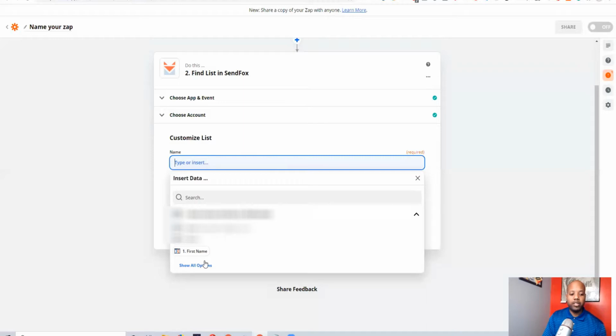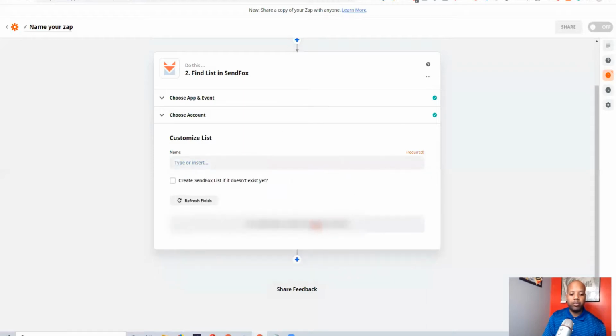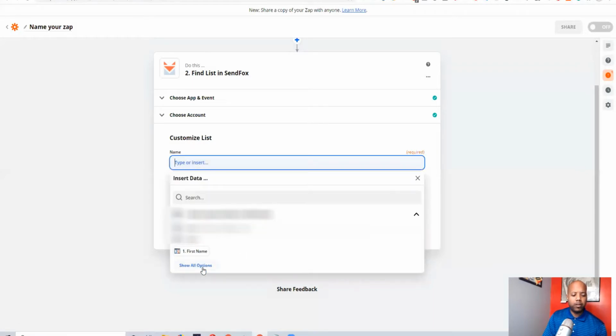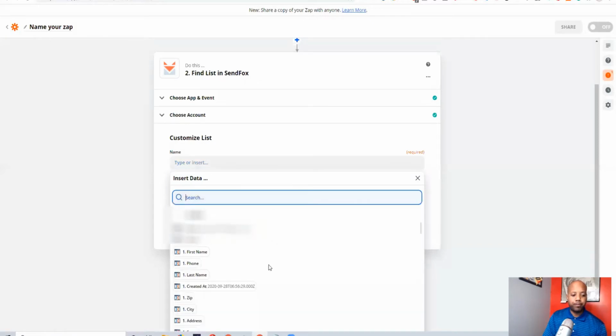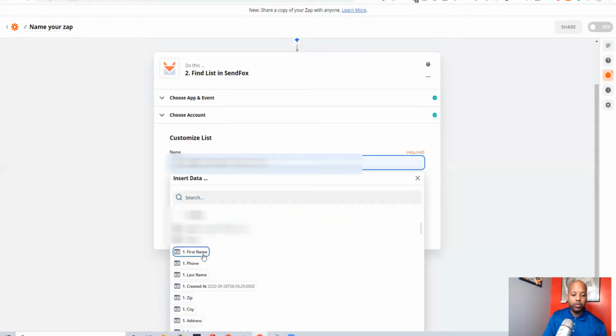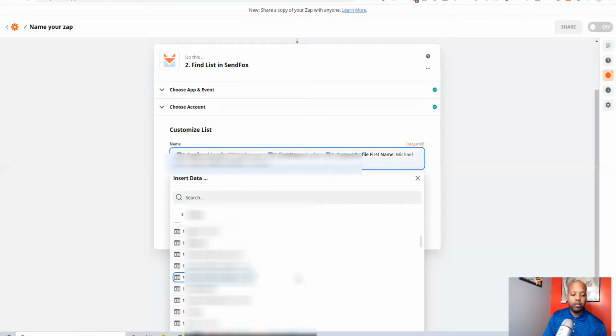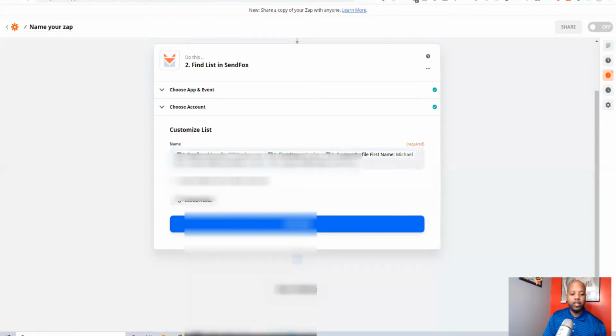So there's the information that we have from ClickFunnels. What we want to do is tell it what we want it to send. We want to send the email, and we want to send first name if it has it. We also want to send contact profile, first name, this. And if it has a phone number, we want to send that. And that's pretty much it, just based off of this. So if I hit continue,